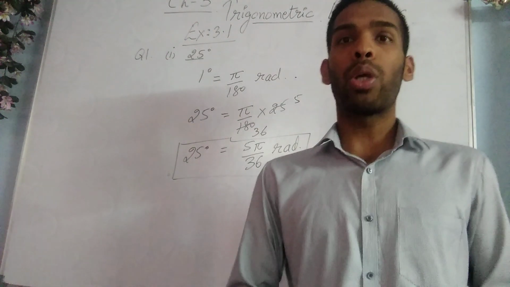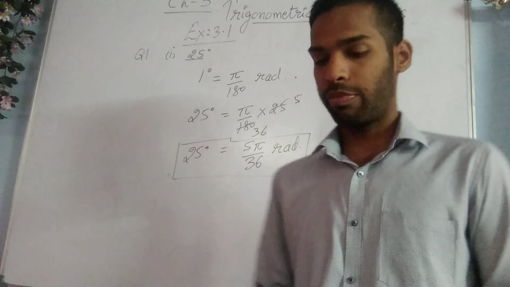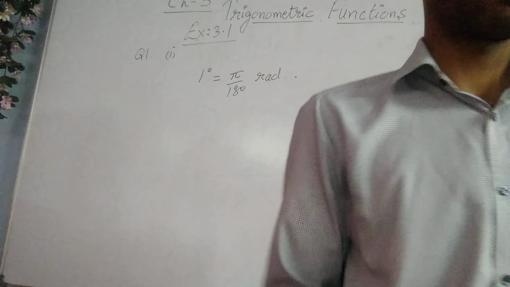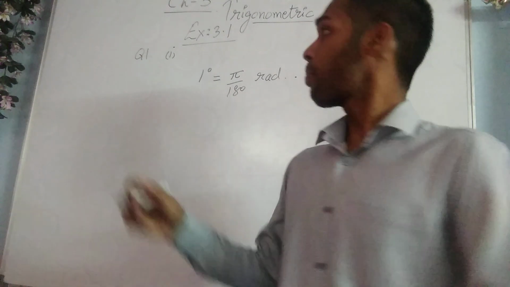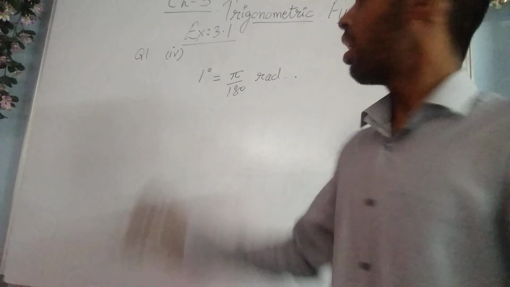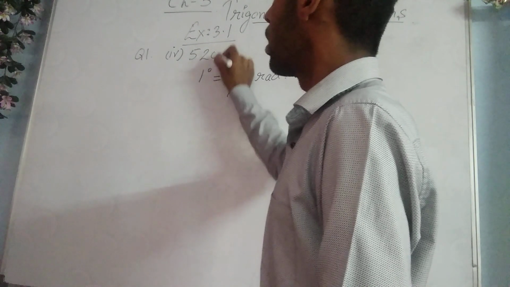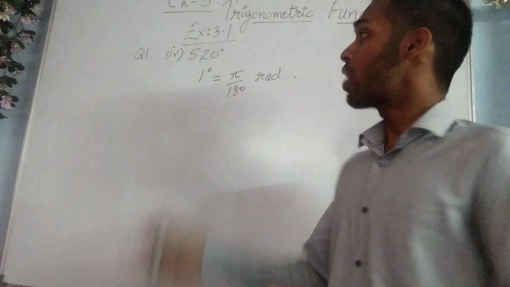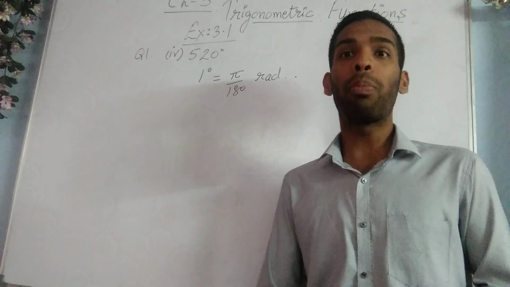Now see students, for your convenience, I am doing one more part. Now I am going to do the fourth part of this question, and that is 520 degree. That is 520 degree. So friends, again the relation is the very same, that 1 degree is equal to pi upon 180